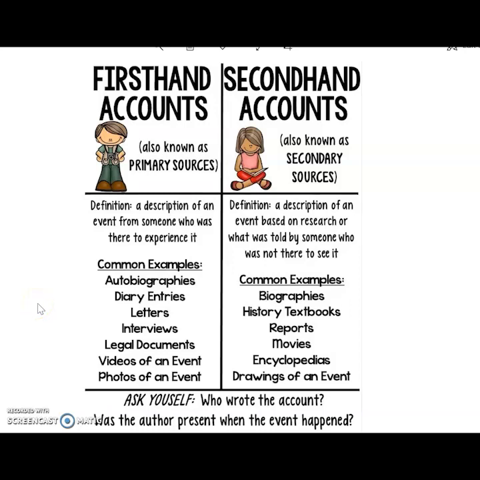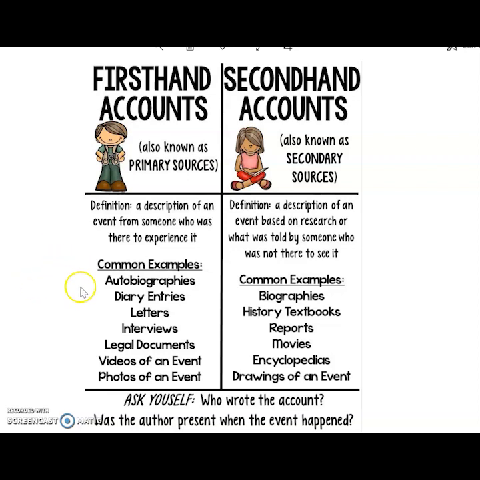Okay, boys and girls, so you did a great job on your first day working on your research project, and now we are on Tuesday, and we want to talk briefly about the difference between a first-hand and a second-hand account. So right now you're looking at an anchor chart that displays the differences between these two. I know that you've probably talked with your teacher about first-hand and second-hand accounts, but just to refresh our memory,